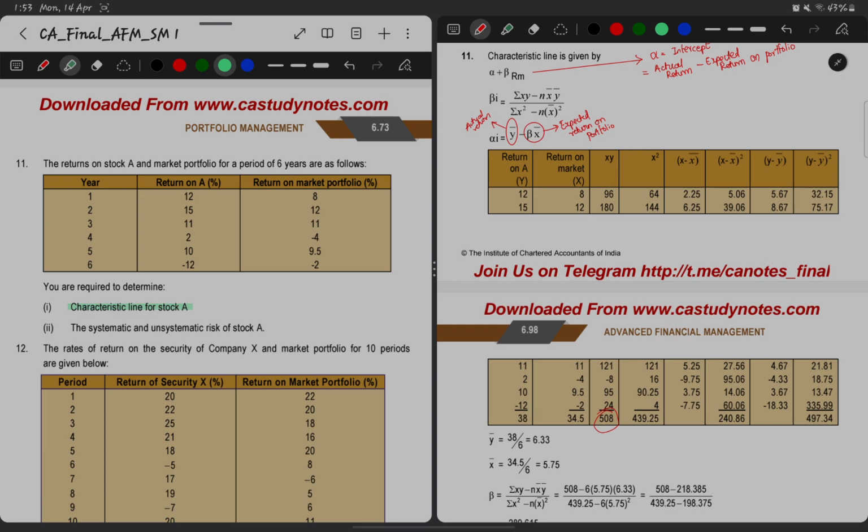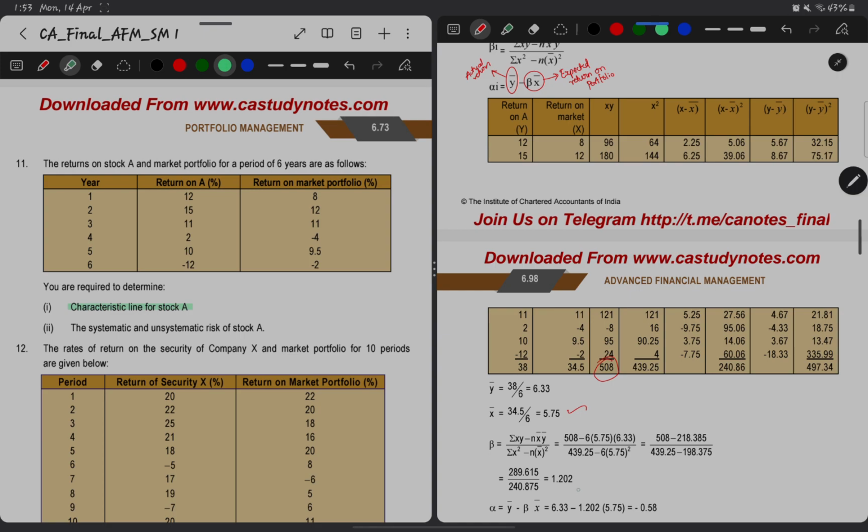Expected return of x, the market return, is 34.5 divided by 6, which is 5.75, and the same for return on A, 38 divided by 6, 6.33. Now x square and n times the expected return square can also be calculated, and the beta of return on A is